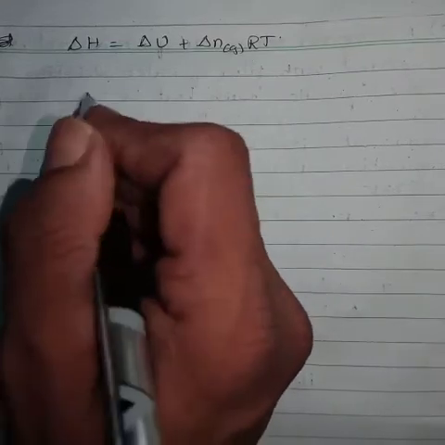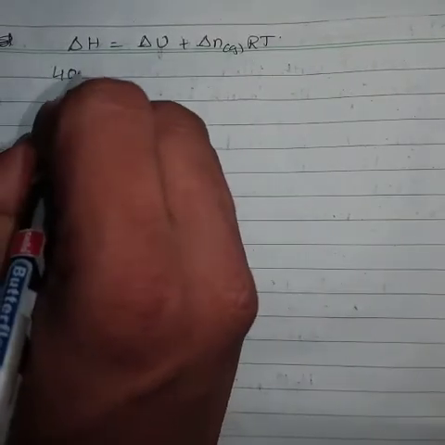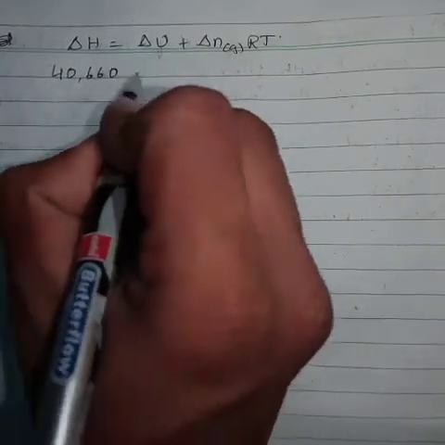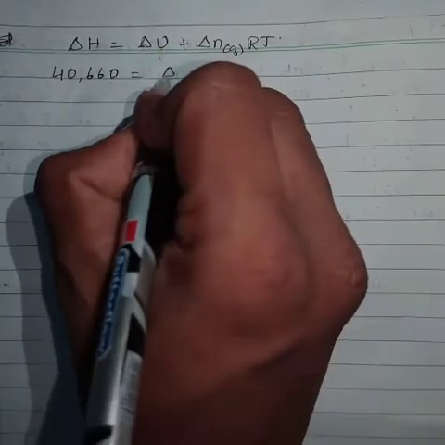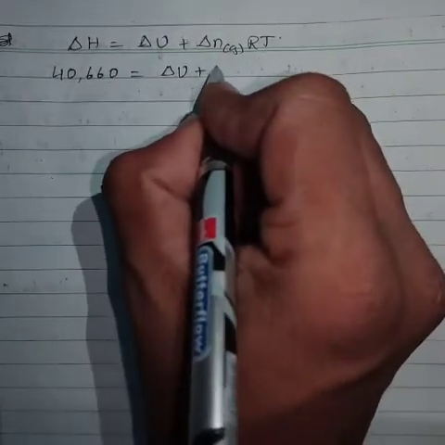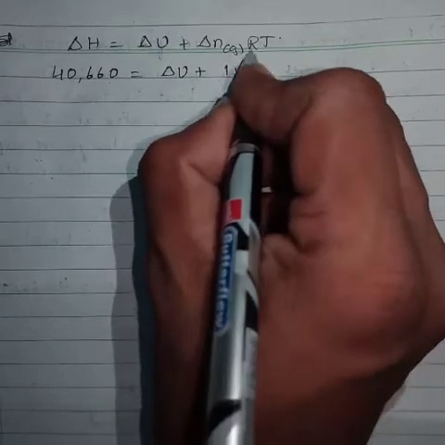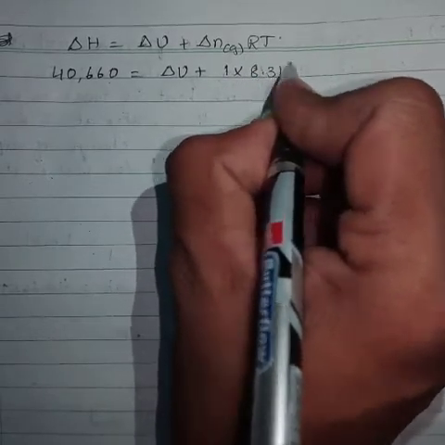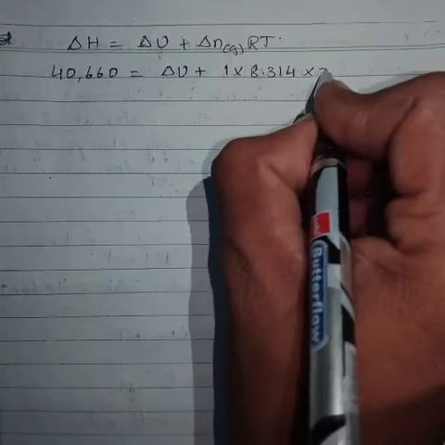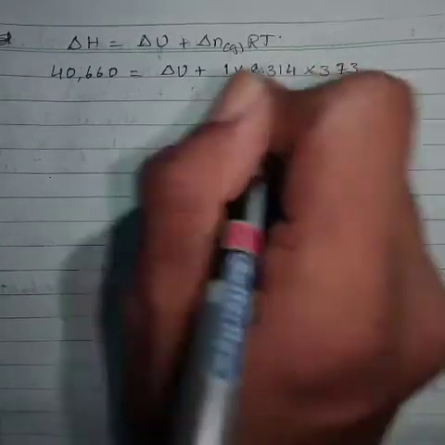Delta H value is 40,660 joules. Delta U you have to calculate, delta Ng is 1, R is 8.314 and T is 373 Kelvin,